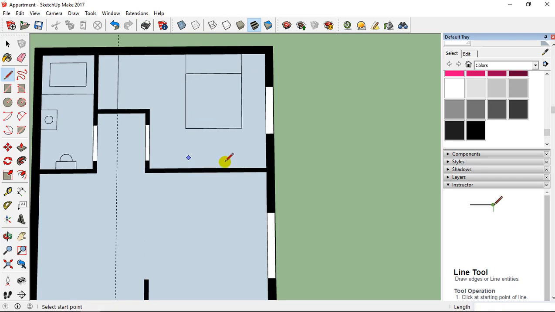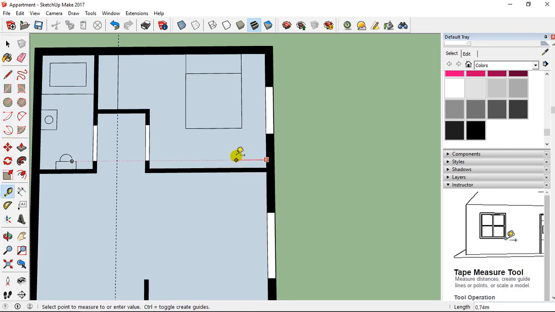And here I can add also a furniture at this level. So for this furniture, I take the guide tool and I add a guide at 70 centimeters, or not like this. Here 70 centimeters and another from this guide to 120 centimeters.